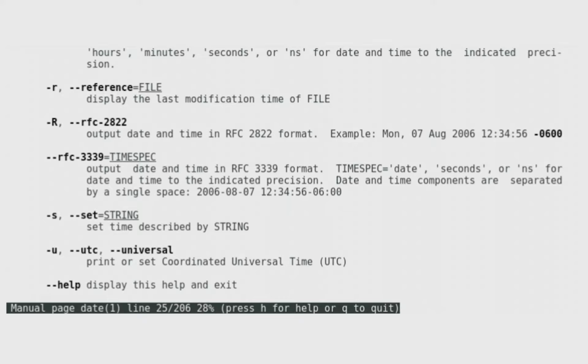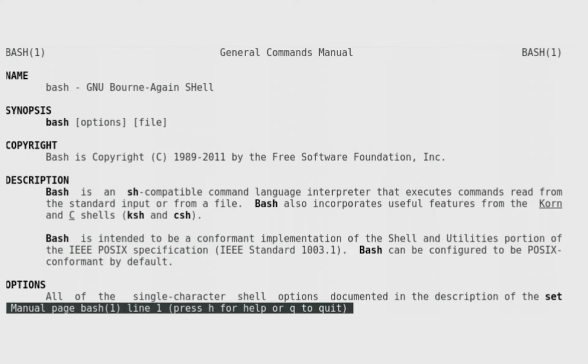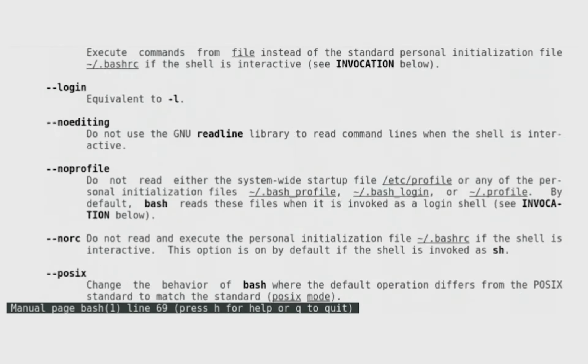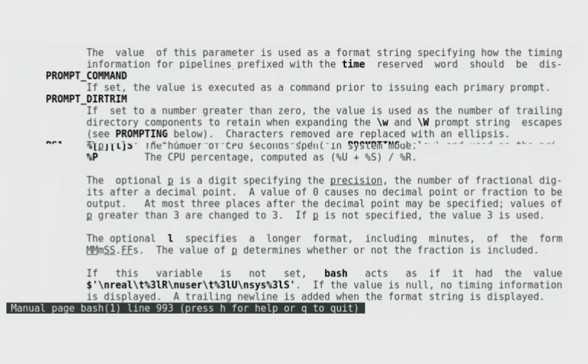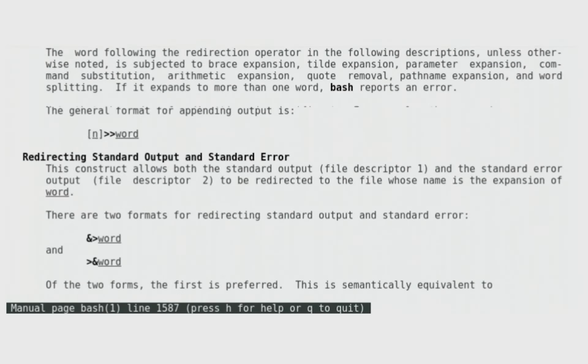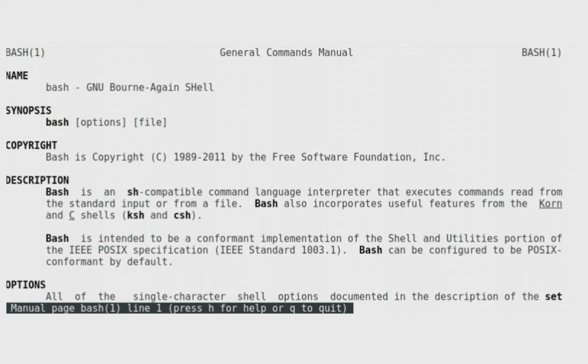Now, a useful way to find information you're looking for inside of a man page, for instance, if we did a man on the bash shell, this is a very long man page. There is a lot of stuff in here. We could hold the page down button and just scroll down forever. There's a lot of information in here. But if we knew specifically something we wanted to look for, we don't actually have to hit page down